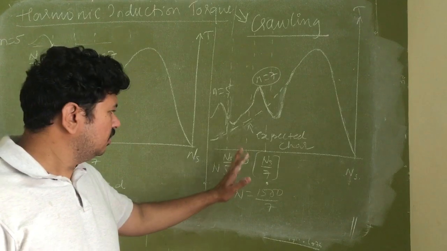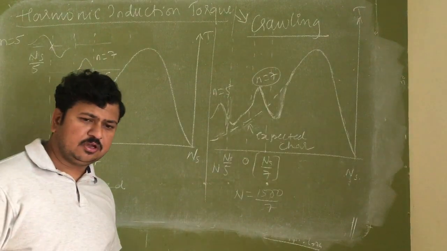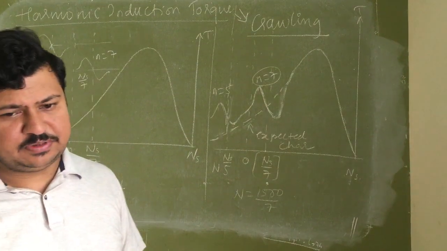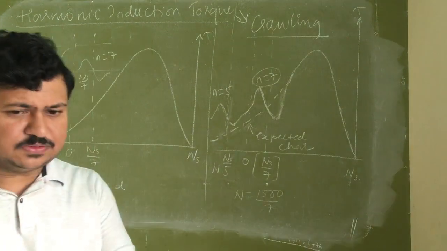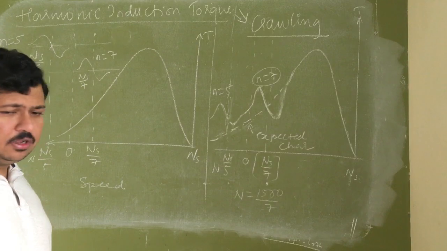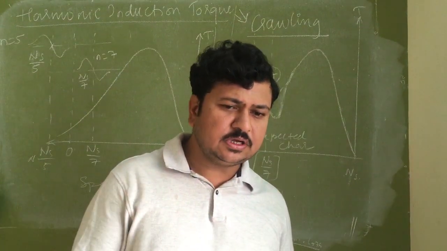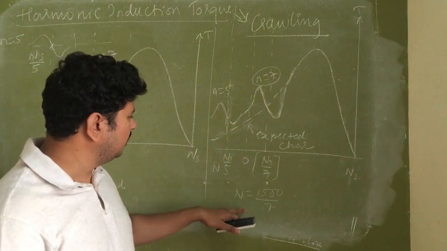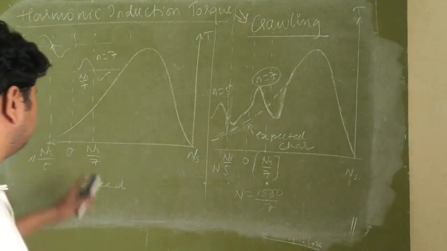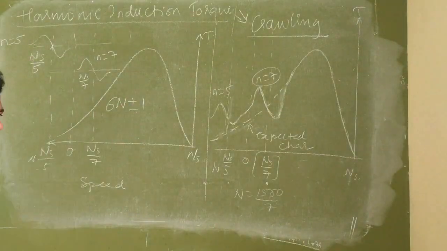Okay. So the motor will not run at its rated speed. It will run at a speed slightly less than 1/7 of synchronous speed. It is 1/7 of synchronous speed only. Okay. So the 7th order harmonic is very much dominant in the induction motor. This is another way of observing. 3rd order harmonic doesn't come, because from this equation 6n plus or minus 1, we can't get n equal to 3.